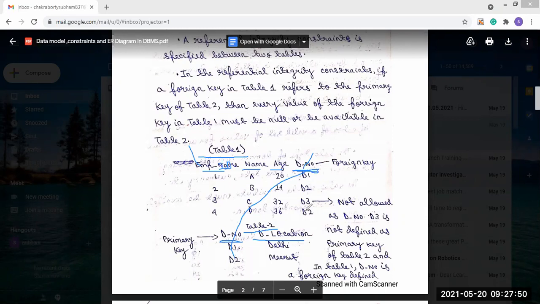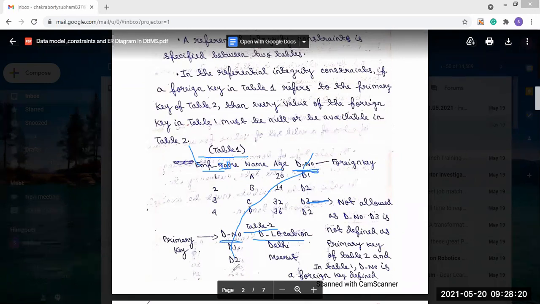So in the foreign key concept, there can be null present. Otherwise, only these two values should be present. D3 will not be allowed because this D3 is not present in the department number, which is the primary key of table 2.